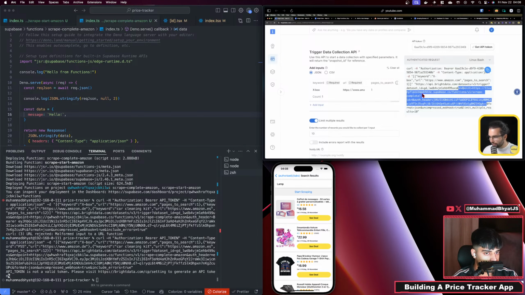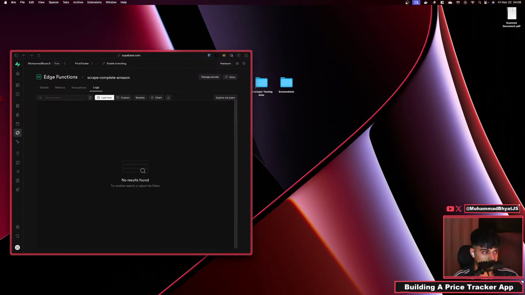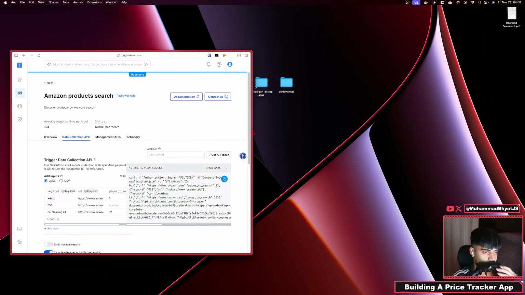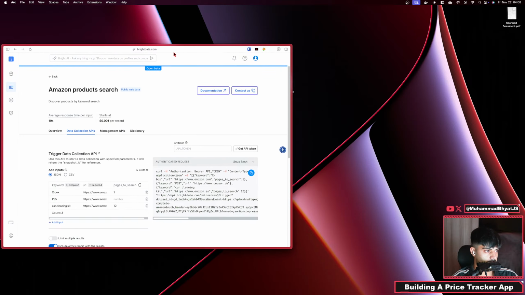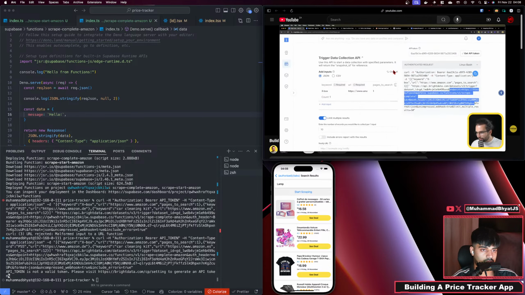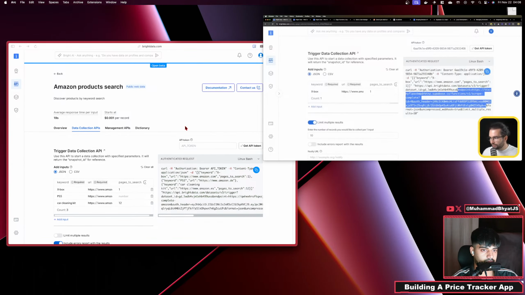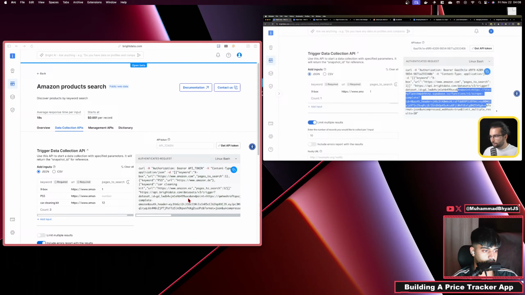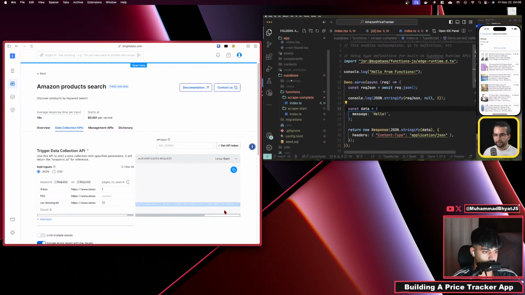Make sure to copy. You see endpoint here, and then there is auth header, and it ends with this end format. Gonna copy it, and in the first function that we have,